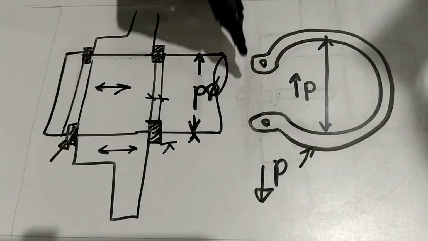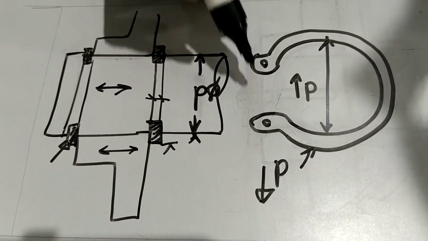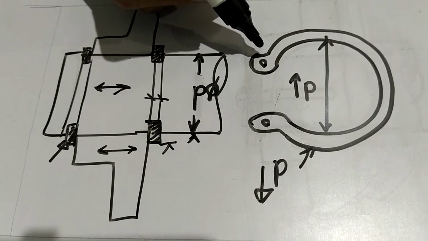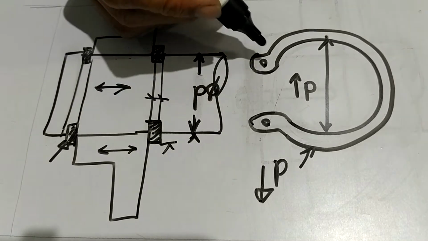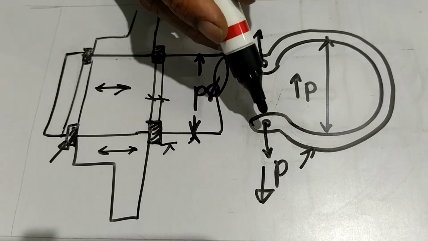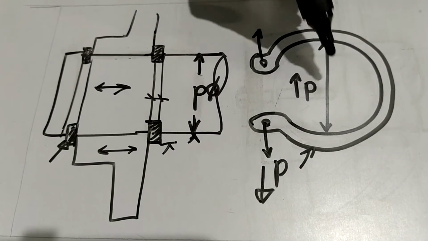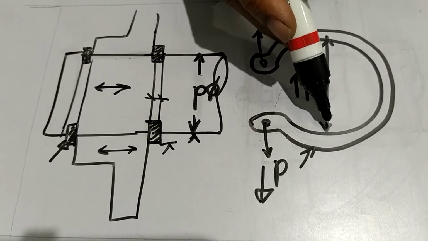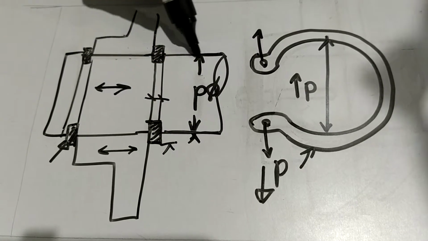Now what happens? There are just these two extensions at the end, and there are small pinholes there. Now there is one plier available. With the help of the plier, the two ends of the plier go inside this, and you are going to open this circlip out like this. So once you open this circlip out, this inside diameter, which is less than D, becomes more than D. So once this diameter is increased, you can put this circlip outside the diameter.